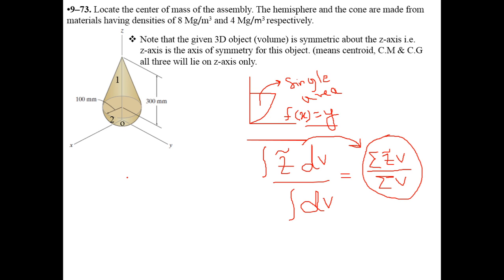So the first thing that you should now be able to note is that this given 3D object or volume is symmetric about the z-axis. As you can see here, this is clearly symmetric about the z-axis. Therefore, z-axis is the axis of symmetry for this volume, for this object, for this body, which means that the centroid, center of mass, and center of gravity, all three are going to lie on the z-axis. So we don't have to care about x-axis or y-axis. Everything is going to lie on this axis of symmetry. Centroid will lie on the z-axis, center of mass will lie on the z-axis,